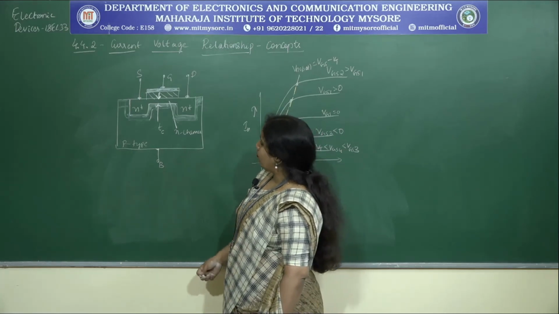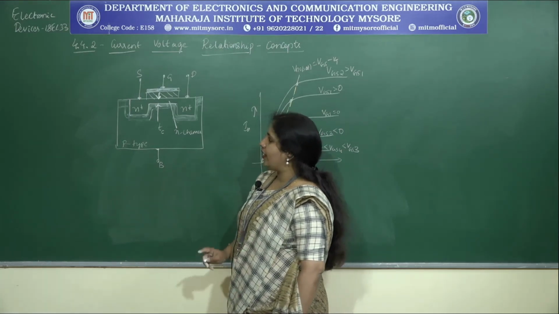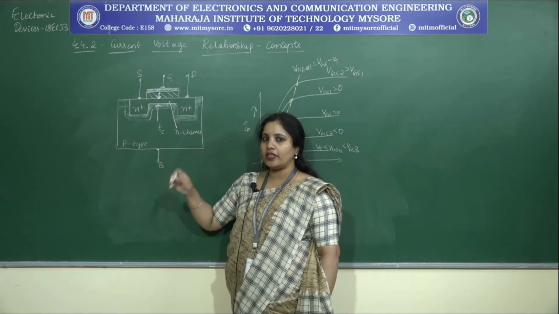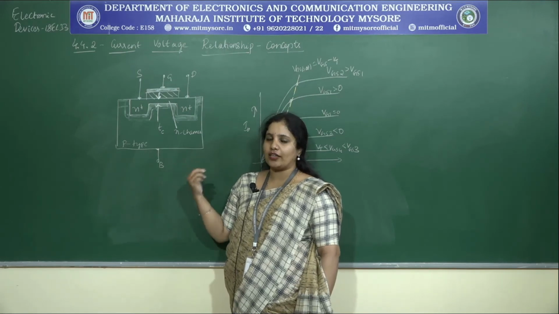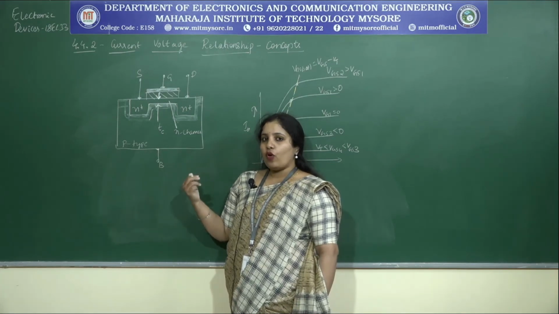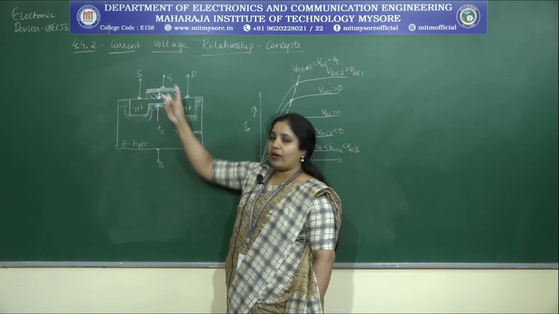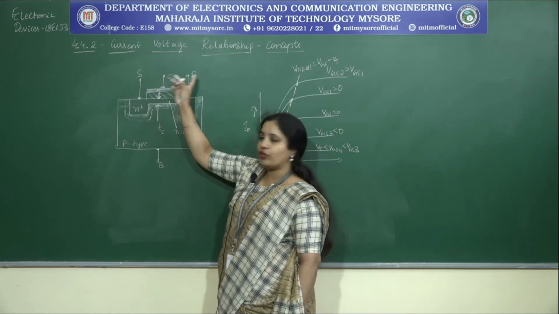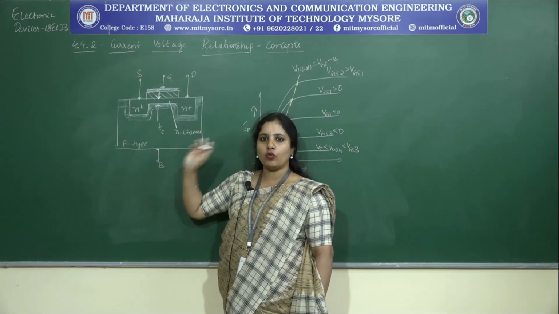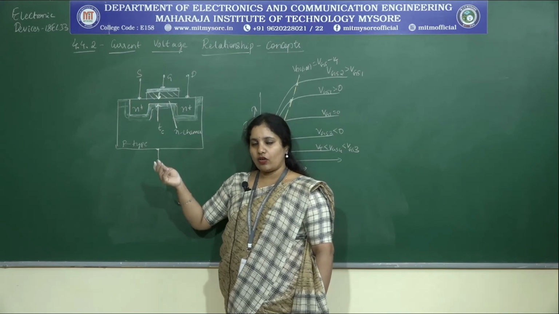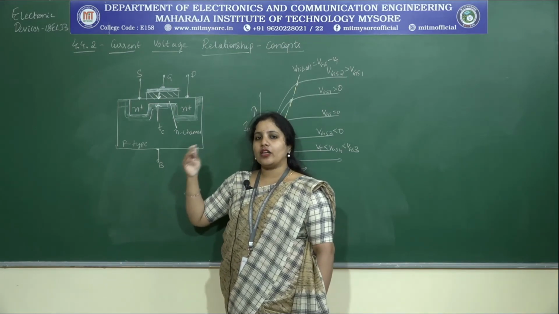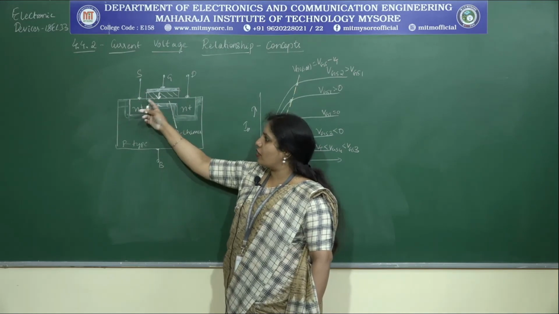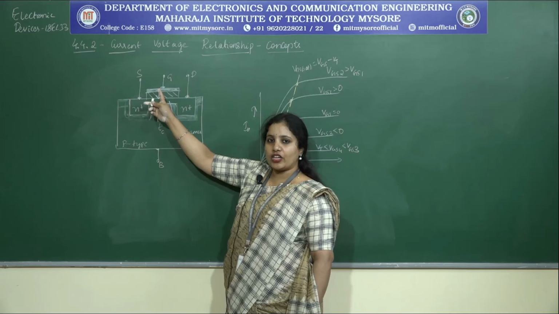Now, one thing you have to understand here very clearly is that the channel is already being formed. That is why we say this is a depletion kind of MOSFET. Therefore, even if I keep my gate voltage at 0, will there be current flowing if I provide a drain to source voltage? Obviously, there will be a certain amount of current between the source and drain, because there is already a path between the source and drain. There is no creation of a path.